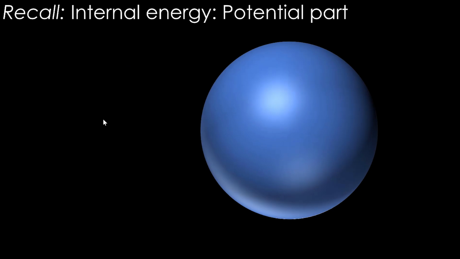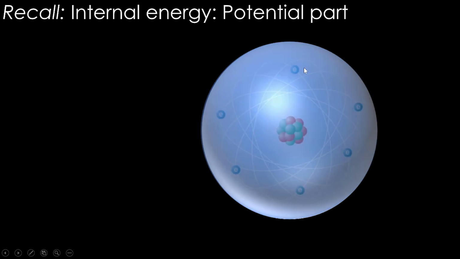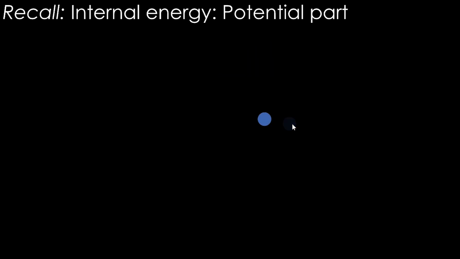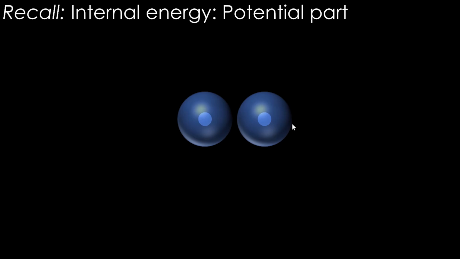Now to understand this, recall the internal energy that we have seen, especially the potential energy part of internal energy, where we considered an atom, and of course the atom has electrons fluffing around it, and inside that there is a nucleus. And this entire thing, we are going to treat it as this blue ball. And if we consider this blue ball, we are going to say there is some kind of an electrostatic force field around it.